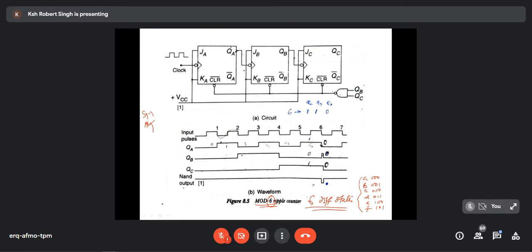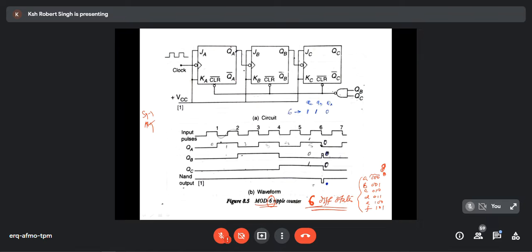If it is going to have 6 states, then how many flip-flops will be required? That is the question that you have to understand, and that is the answer you have to find by yourself. It is very easy. If I have 6 different states, how many flip-flops are required? That is not something I should teach, and that is the reason why there are 3 flip-flops. In the questions, I can ask you